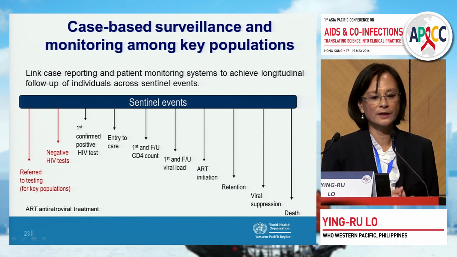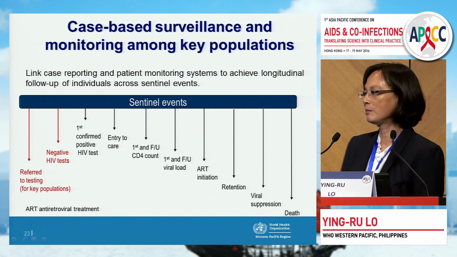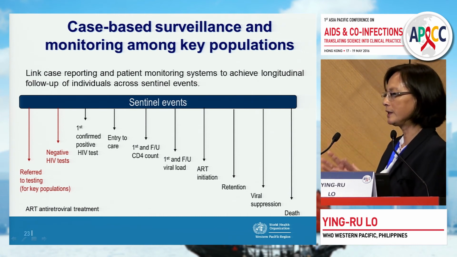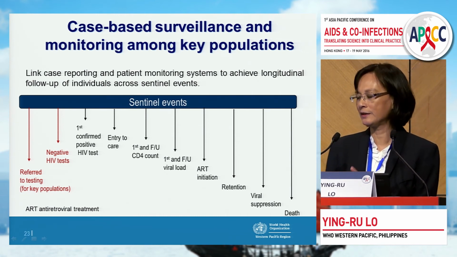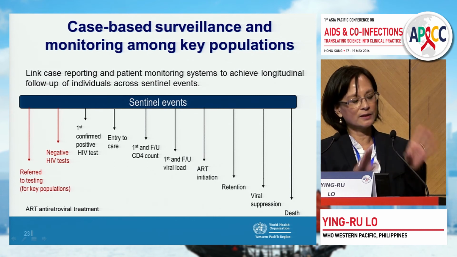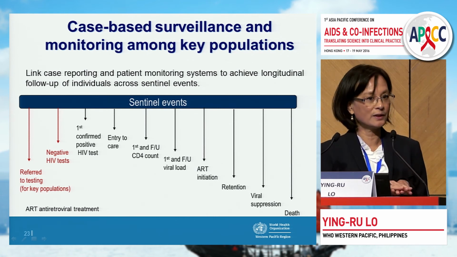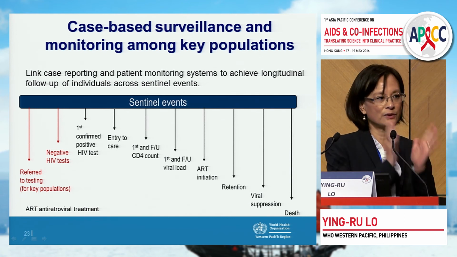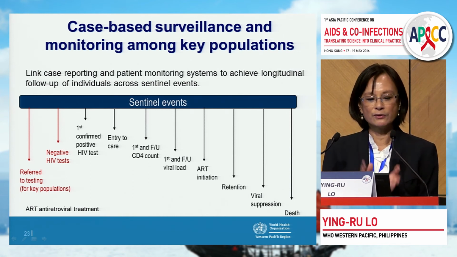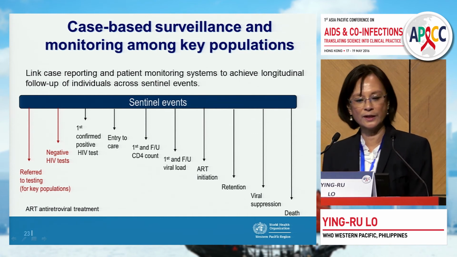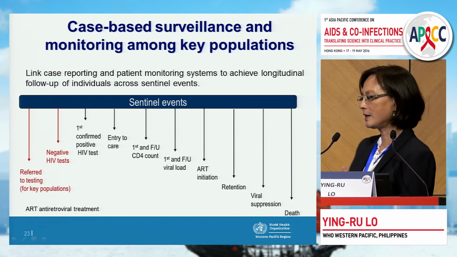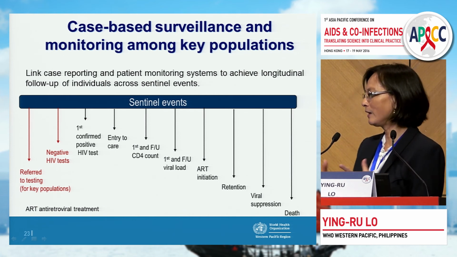We are more and more looking at using case-based surveillance and monitoring among key populations. This would require some sort of unique identifier code, and not many of the low and middle income countries have these. But once you have that and you combine it with the biometric, you could link the data you're generating from different individuals, from referral to testing, from the outreach to tested negative, tested positive, linked to care, started on treatment, and ultimately virally suppressed and dying. This doesn't come without caveats also, because